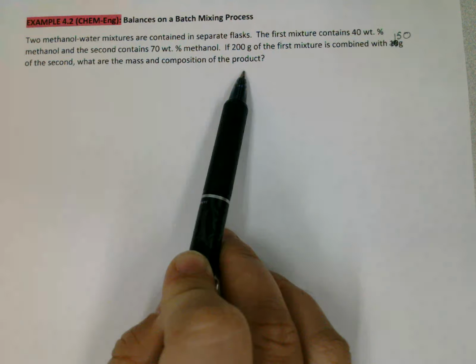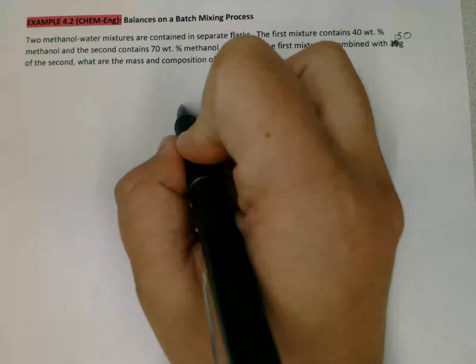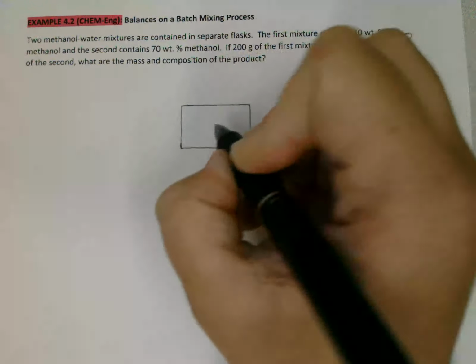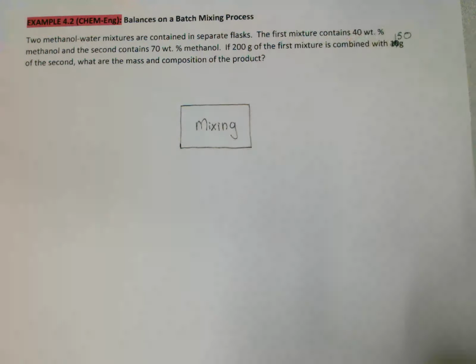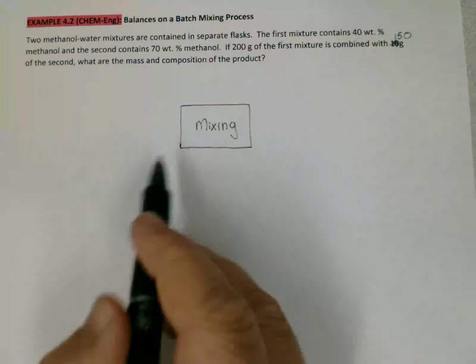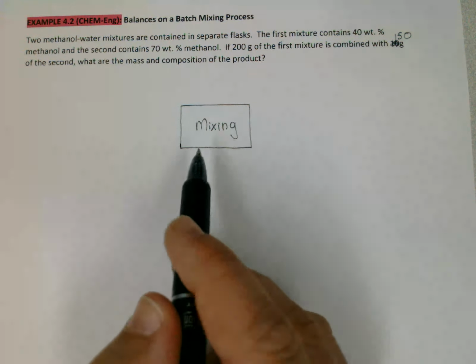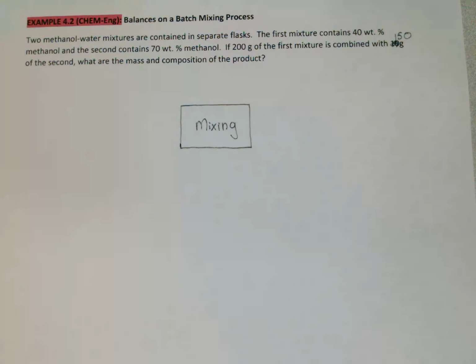All right, so first things first, we are mixing things together. So our unit process in this particular instance is some kind of a mixing process. So that's number one. Here's the unit process. We're doing mixing and we're doing it in batches. The next step is to think about how many inputs and how many outputs we have. So I'm going to use